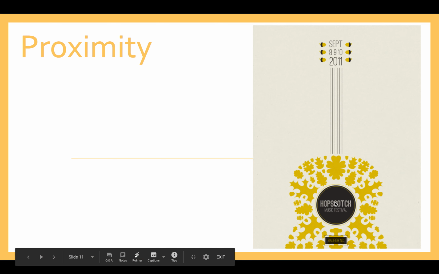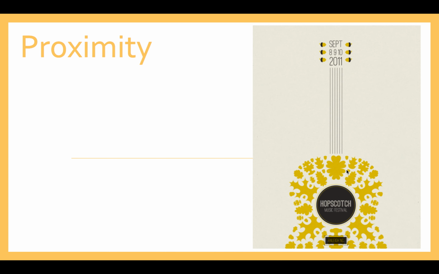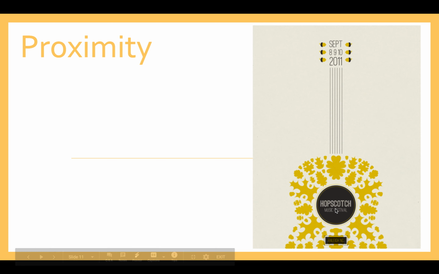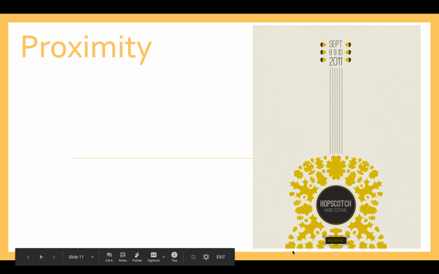Well, your focal point here is hopscotch, right? And then you've got all of these different elements that look like leaves. Some kind of nature, holistic, natural music, right? So maybe it's a coming together. Hopscotch is a childish word, right? So bringing out your inner child, how these things are all very close together rather than being sporadic. They could have put 100 different guitars all over the place, but they didn't. They chose to put one guitar, cut half off with this hopscotch in the center here. So you can make lots of arguments about that. It's also a pretty cool flyer.